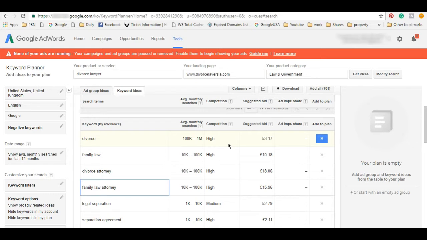But if someone's looking for a divorce lawyer, they don't expect that for free. So if they put pro bono divorce lawyer, for instance, pro bono means for free. So if you were trying to rank for that keyword, you're not going to make any money, because no one's going to pay you for that lead, because they're not going to make any money out of it. So you've got to really think about the words that are coming up and whether they're buying keywords. Otherwise you will not make money.